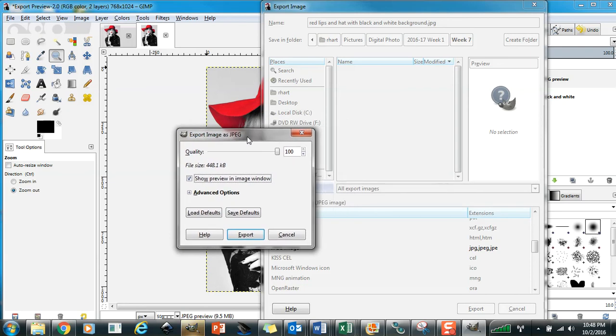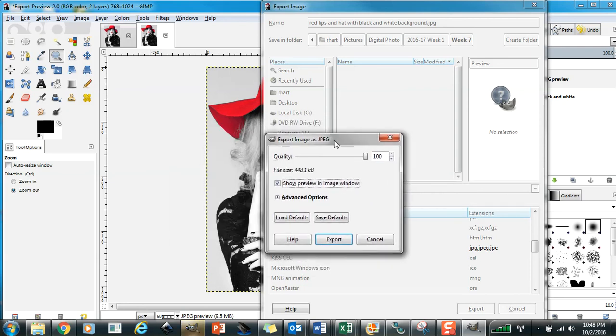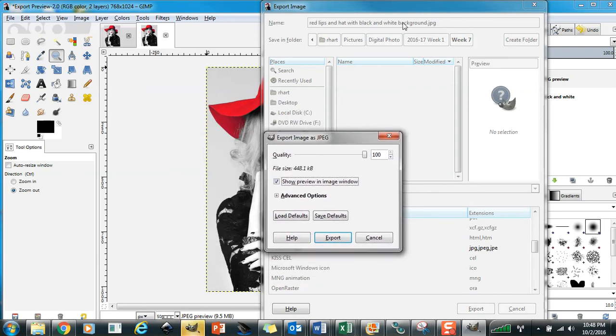And I'm going to move this. Oh, there's no way for me to really move it too far. But what you'd want to do is, if you couldn't see your image quality, you'd want to move things around. If you click on this, it's going to bring it to the front and all these will be in the back, so you kind of have to resize stuff. But you want to be able to see your image at the same time. And you'll notice the file size is 440